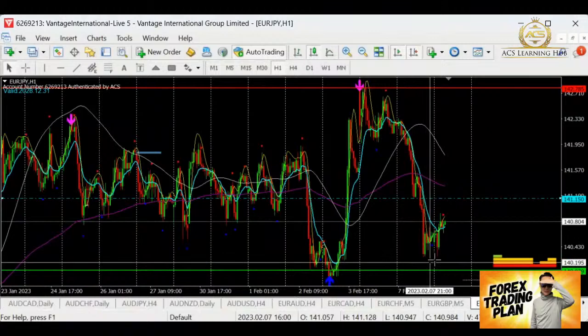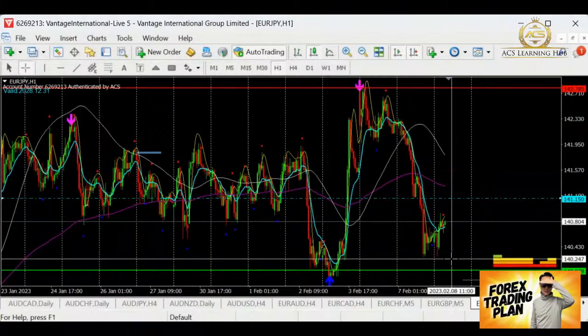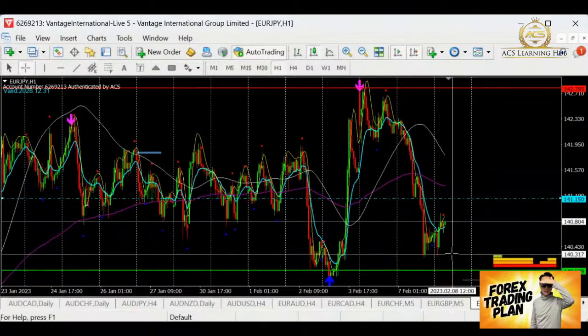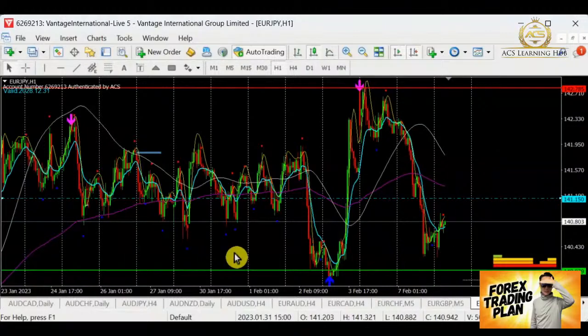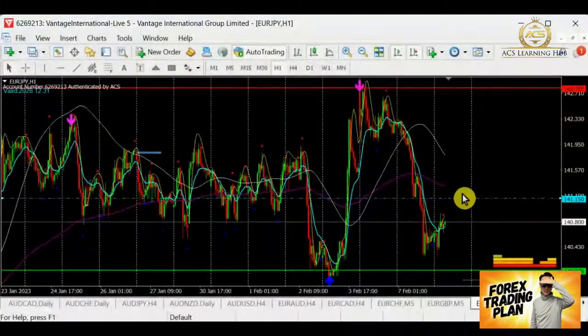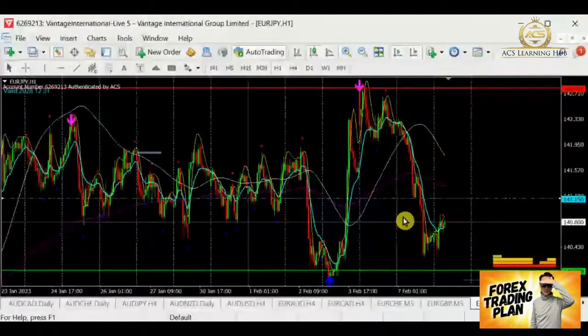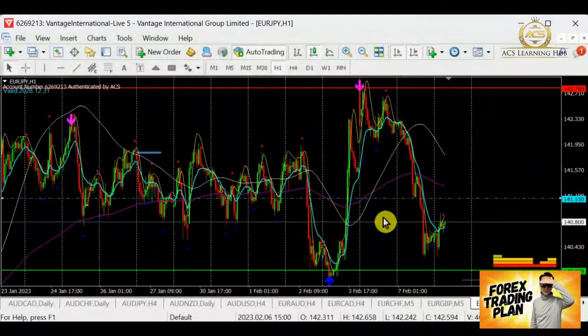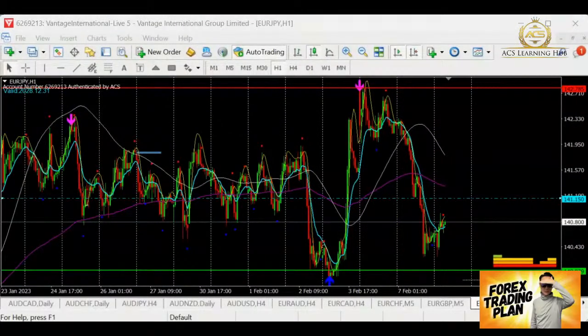Yesterday, as we can see, Euro Yen started to swing all the way down into this area here, which has already cleared the liquidity point. So right now, let's allow it to test this area of resistance first, to see if this is able to hold. If this is able to hold it down, then yes, good, we will continue the selling. So Euro Yen is one that we're going to put into our watch list, and let's wait for it to test the resistance. Then after that, we will take a look.